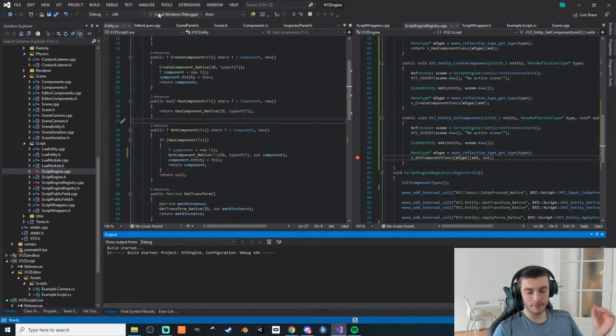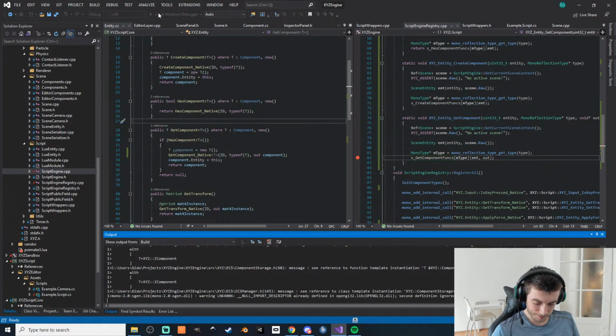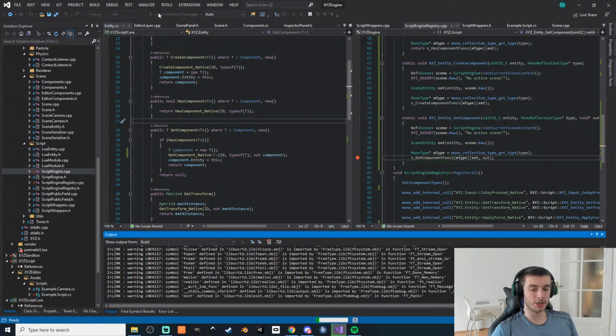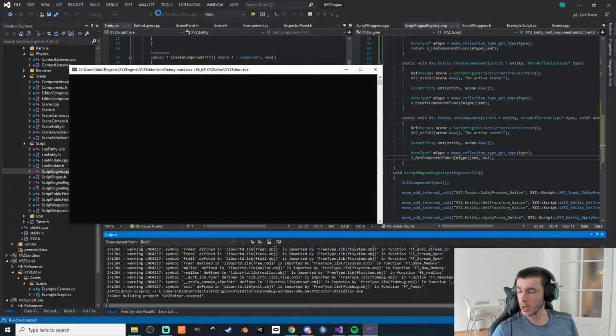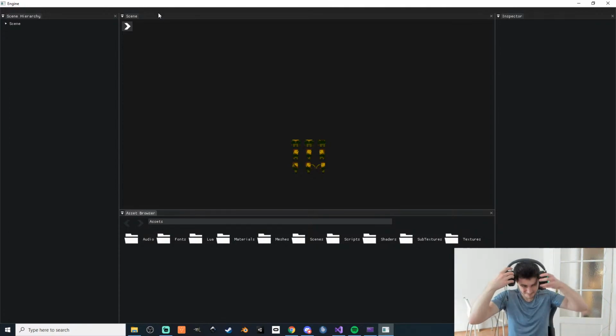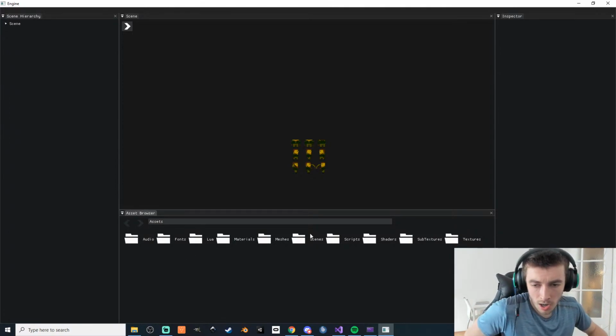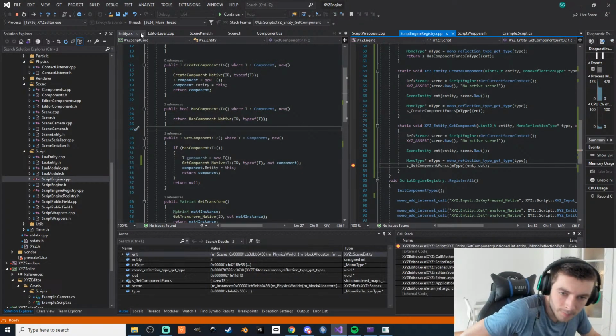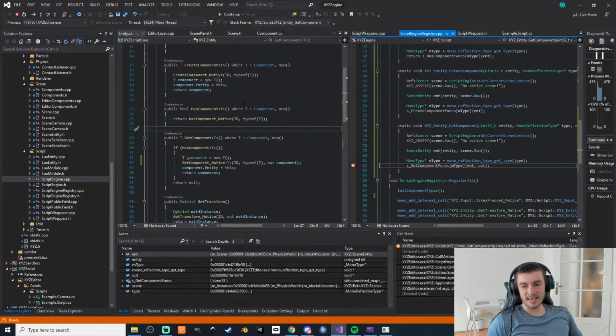Today I will be working on scripting and collision, because, well, collision physics in general. Because what I want, hold on, I'm going to close the window. So, hit play and let's see